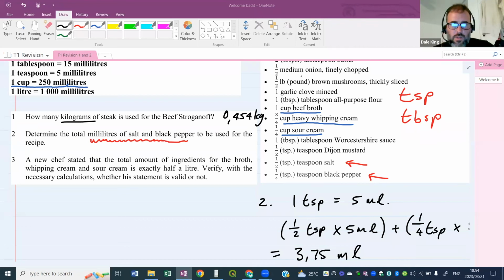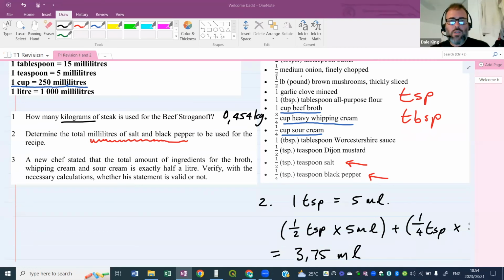Okay, so we've got 3 things. We've got broth, whipping cream, and sour cream. We need to make sure that the ingredients come to half a liter exactly, and then this chef will be correct with his statement. Okay, so we're going to add all 3 together, but we're first going to convert. So I'm going to